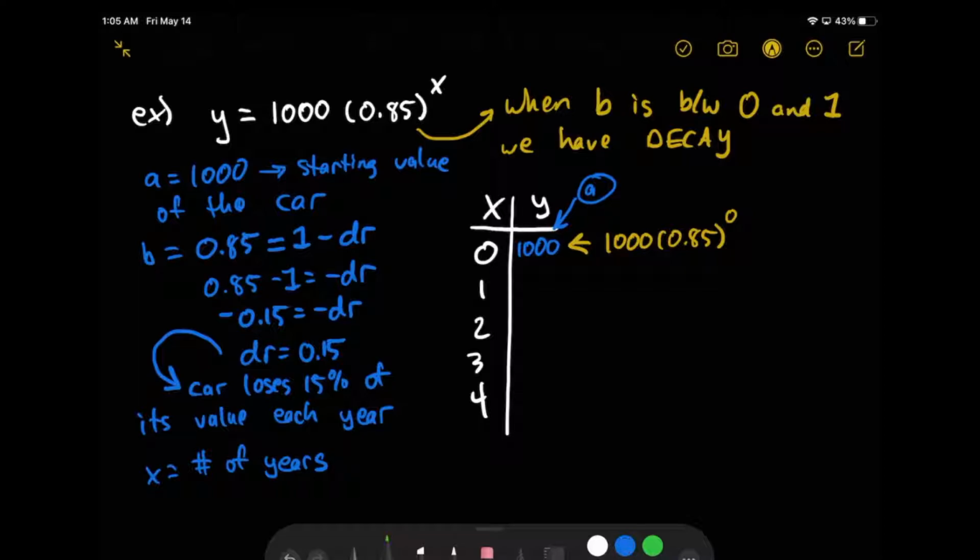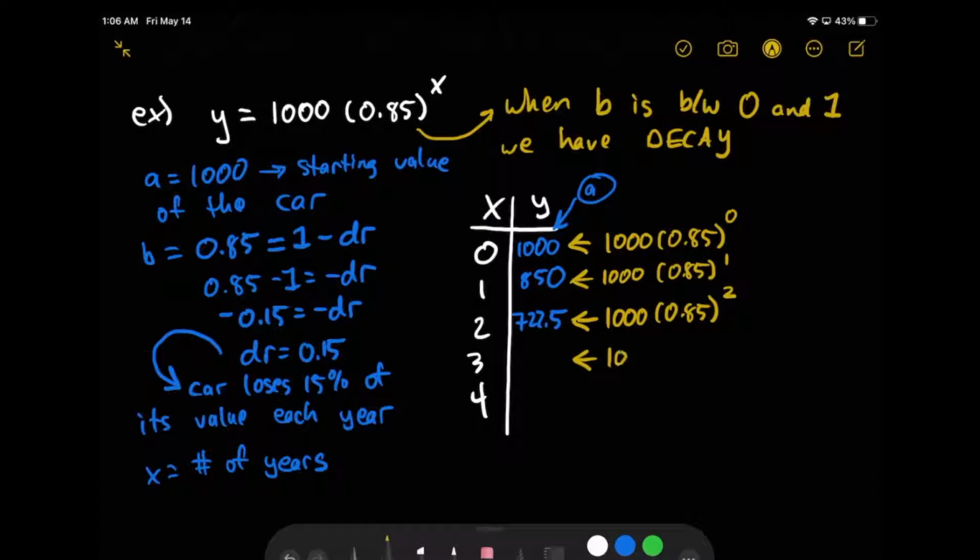And then I'm going to do my next calculation. So 1000 times 0.85 to the power of 1. I'm going to need my calculator for this. So 0.85 to the power of 1 is 0.85. 0.85 times 1000 is 850. I guess I probably didn't actually need my calculator for that, but it doesn't hurt. Next one, 1000 times 0.85 to the power of x, but I'm choosing my specific value for x, so I'm going to do 2. And calculated, that's going to give me a value of 722.5, or